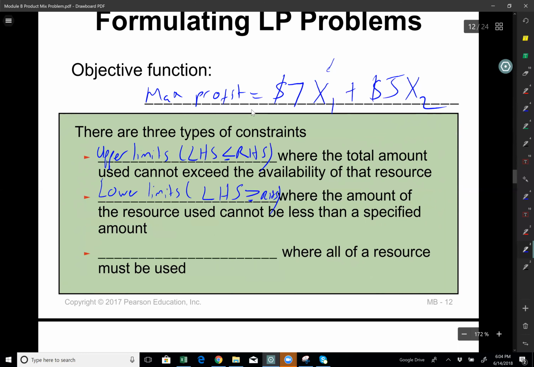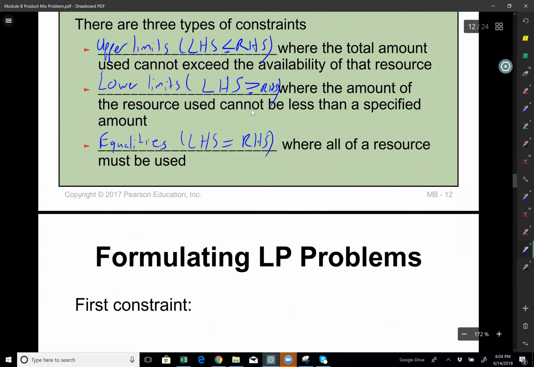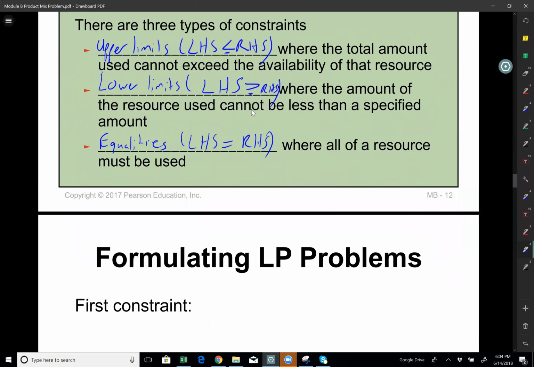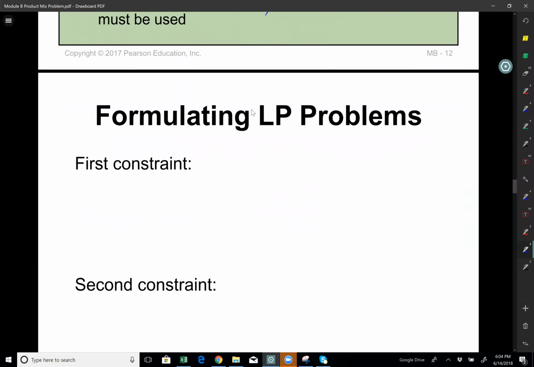And finally, we have equalities. In equalities, my left-hand side values are equal to my right-hand side values. All right. So for our example, we have 2 upper limit constraints. One is electronic time used, which is